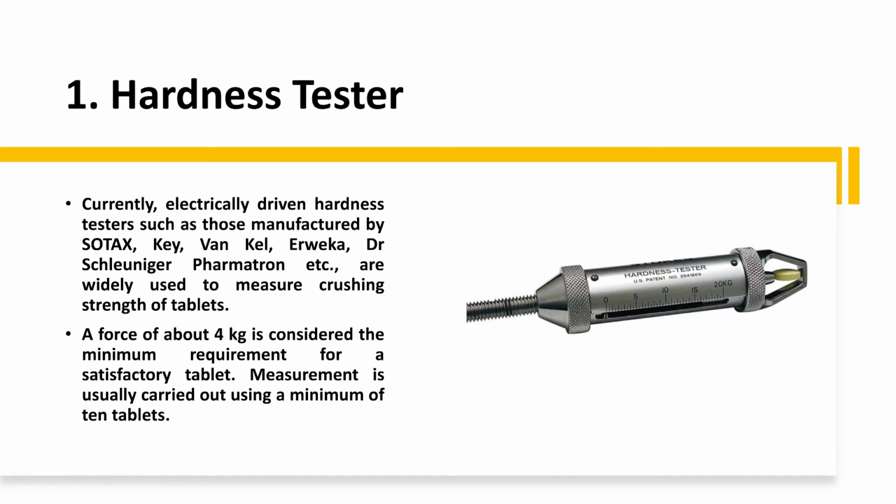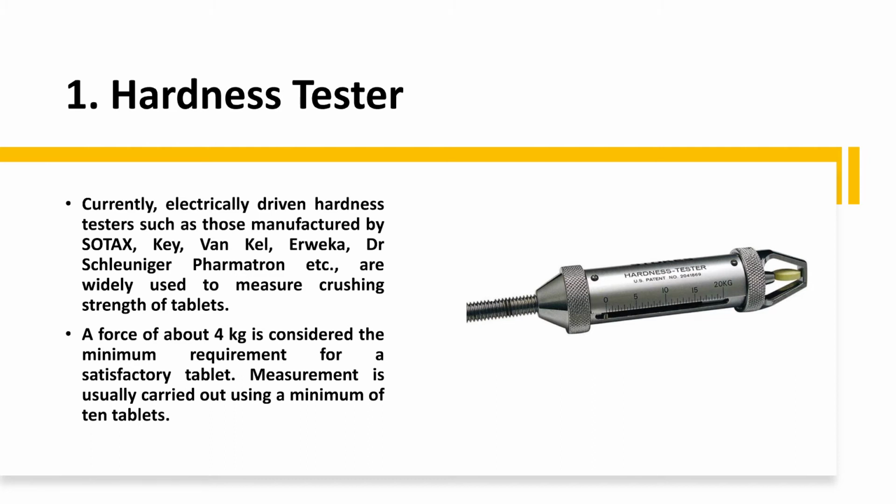Similarly, the compression hardness also affects the thickness. How come it affects the thickness? Hardness is inversely proportional to the thickness. If you produce a harder tablet, that means you are applying more compression force through your punches into the die cavity, which will result in less thickness of the tablet. Inversely, if you apply less force and produce hardness of less strength, in that case the thickness would be more because the compression force would be less. There are many equipments which are used to test the hardness of the tablets.